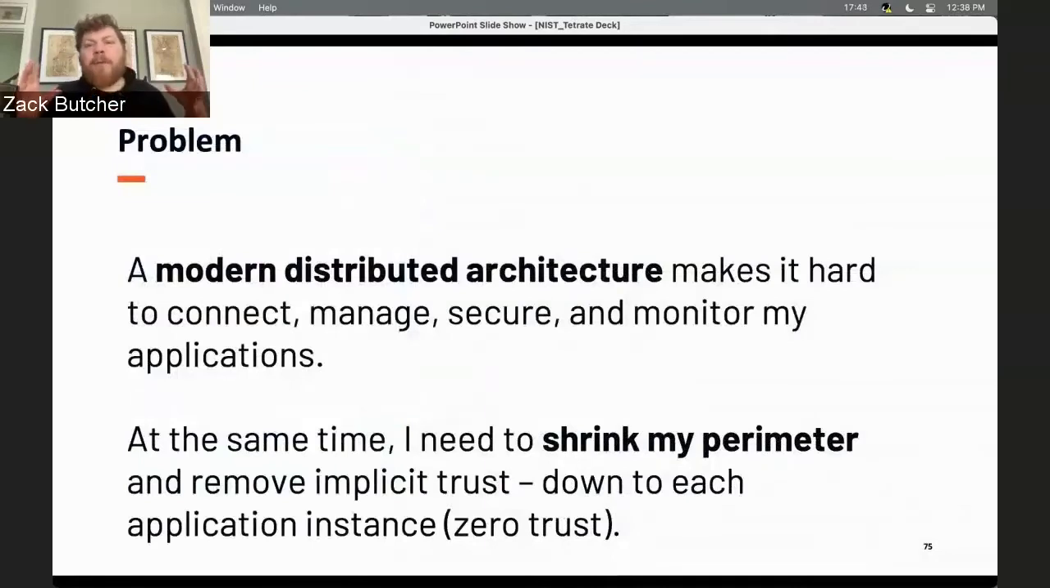All right, so again, I really want to talk about the motivation behind the paper a little bit, and then the salient points that result from that. To really dig into that, I think it's important to understand the context for the paper itself. And I think I can sum up that context most effectively as these 2 problem statements, right? We had these 2 dueling problems. One of them is we're migrating to modern distributed architectures that make it hard to connect, manage, secure, and